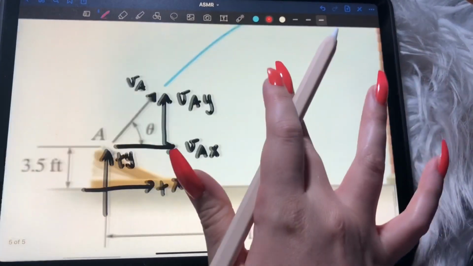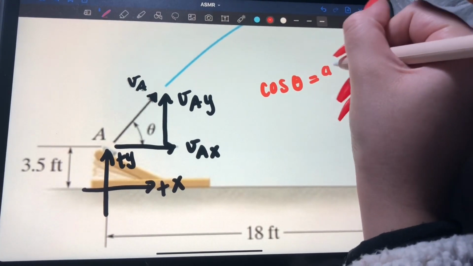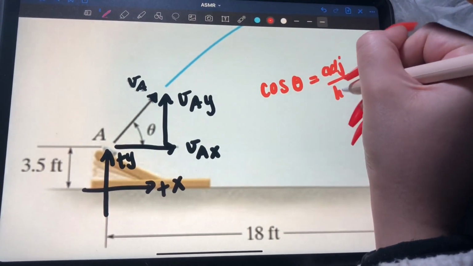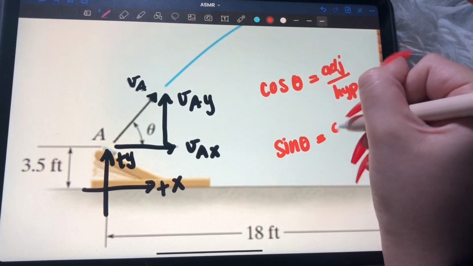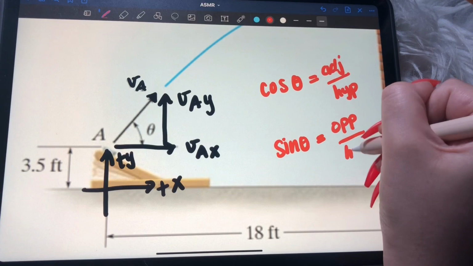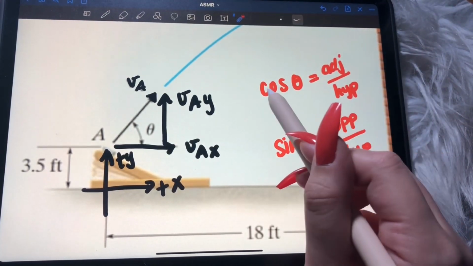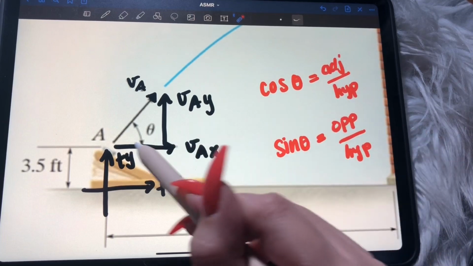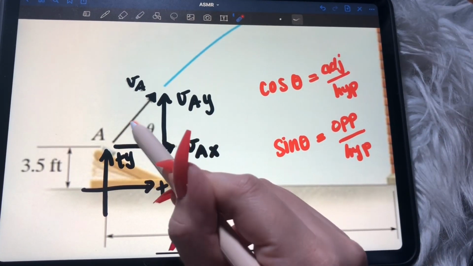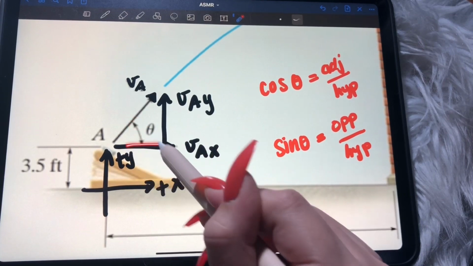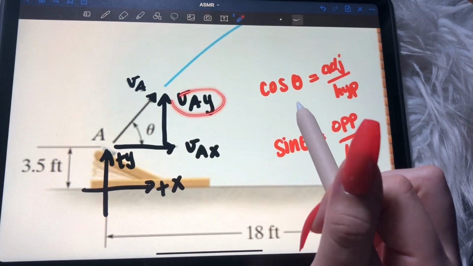I don't know if you guys know, cosine of theta is adjacent over hypotenuse, and sine theta is opposite over hypotenuse. So you know that it's cosine because this component is adjacent to this angle. It's right next to it. And you know that VAY is sine because